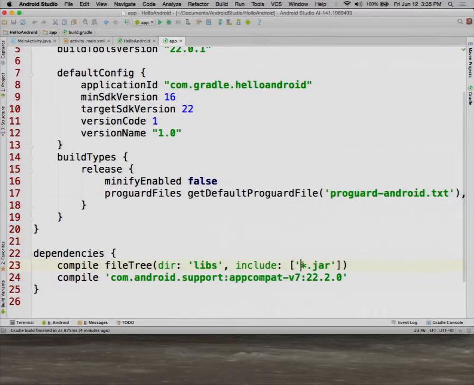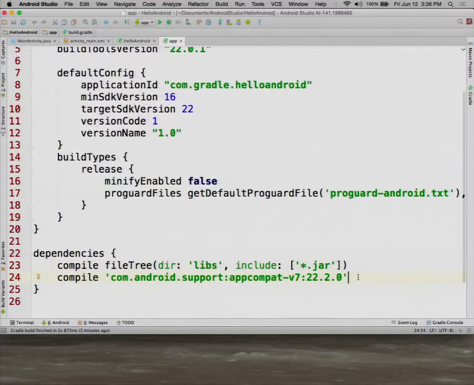The only change I ever make to this is sometimes I make that ** rather than just a single star. So in case, for some weird reason, I had nested folders or something, it would go down. I would sometimes go **/*.jar, and that way it's like an expansion for however deeply they're nested, and it would find all the jars in there. I have to say though, since I've moved to this system, I don't think I've had to do this at all. I mean, it's good to know that it's there, and I generally don't remove it because it doesn't seem to hurt anything as long as the libs folder is empty. But I could remove this compile fileTree and remove the libs folder, and I'd still be fine.